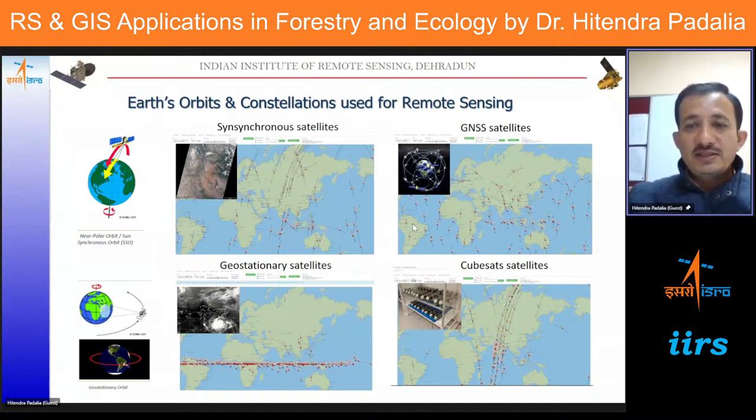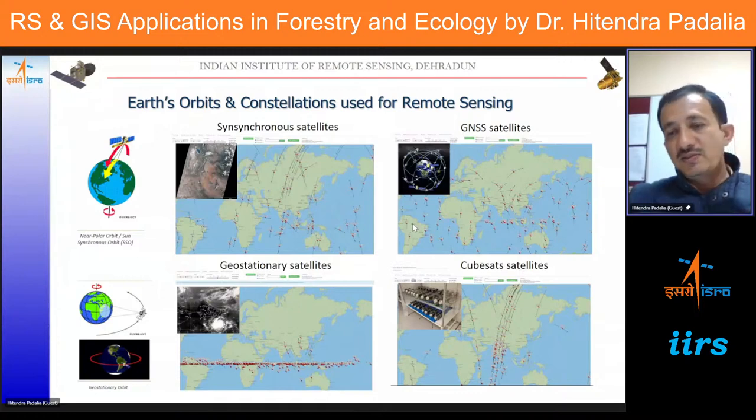And then we have GNSS satellites. You know that GPS we use. So they are very specific constellations which are made for GNSS observation. And different countries have different type of GNSS constellation, including India has developed the IRNSS system for better accuracy and precision. And then we have geostationary platform, for meteorological observation as well as for the very dynamic phenomena like forest fires. If you have to monitor on a rapid basis, you need almost continuous observation. And in such cases, geostationary satellites are also useful.